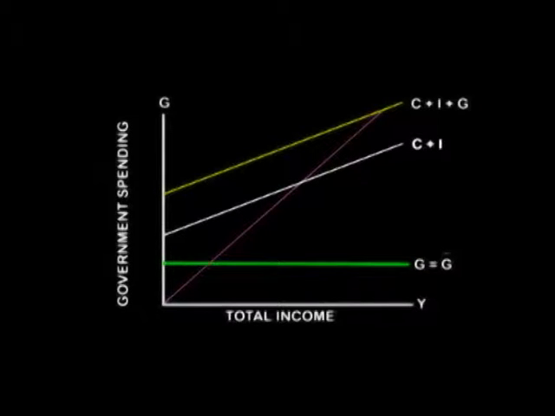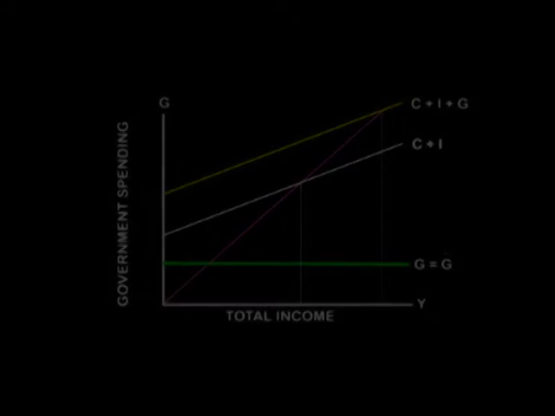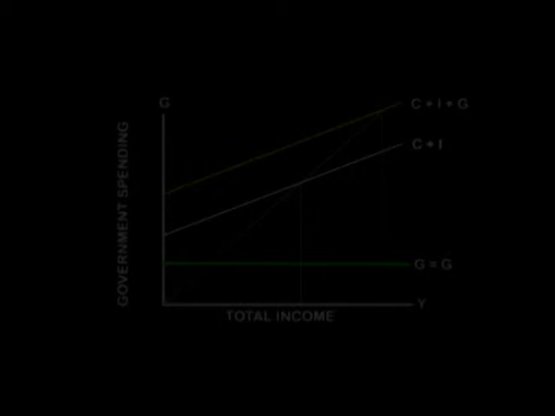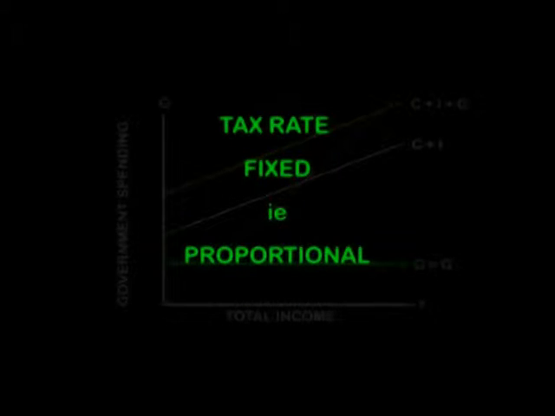In the process, the equilibrium level of income increased from this level to here. In South Africa, the tax burden is made up of direct and indirect taxes. In the model, taxes are regarded as being levied at a fixed rate, notwithstanding the fact that our personal income